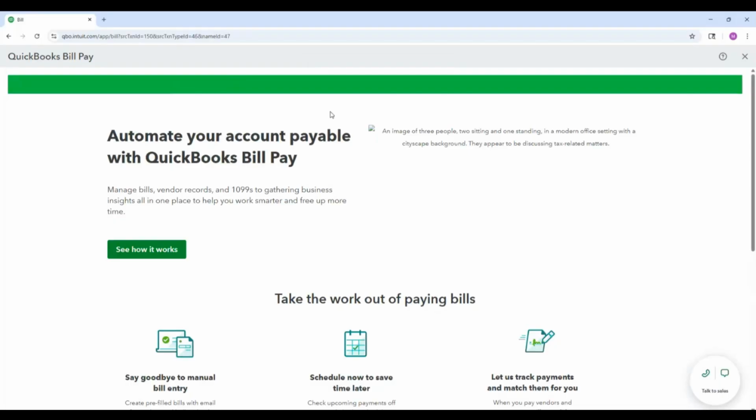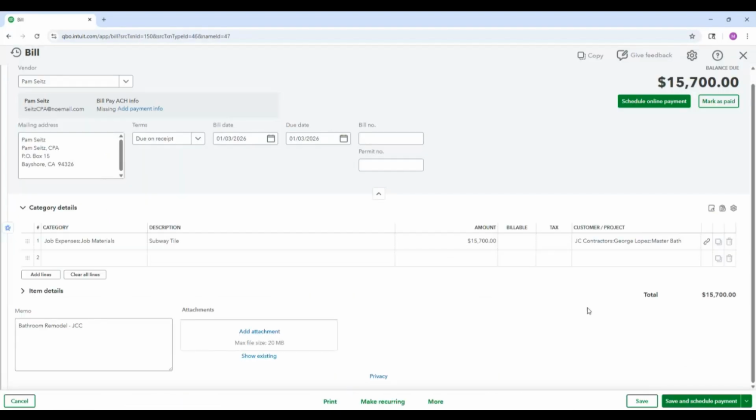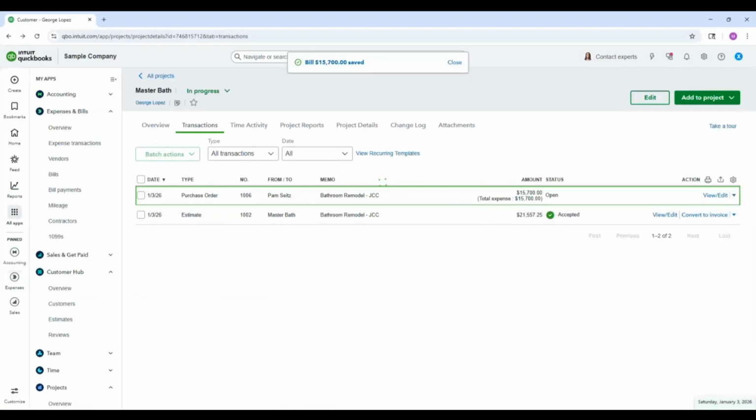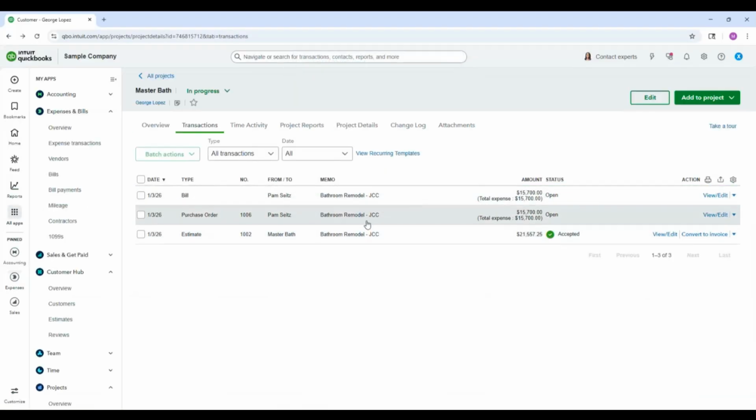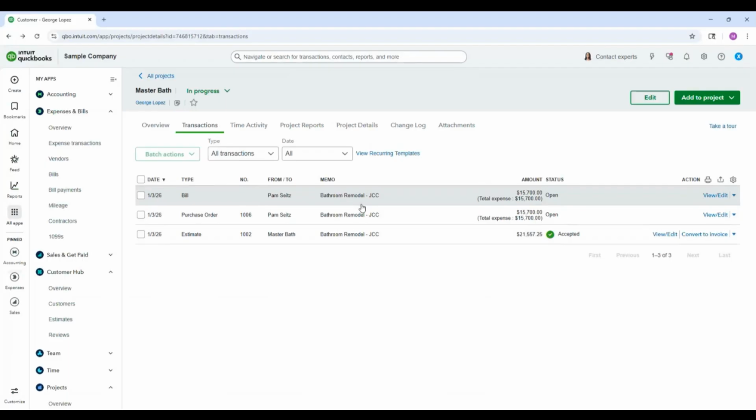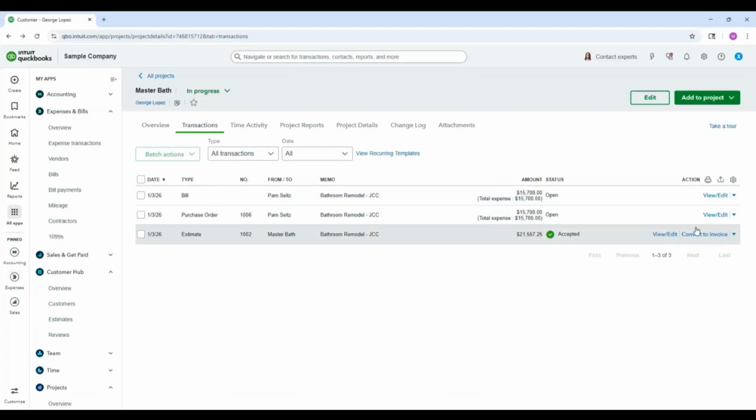Okay. So if we have QuickBooks Bill Pay set up, you can just do it right through here. For now, I'm just going to save and close. Okay, so now you can see everything is stacking up underneath this project. So we've got our estimate, we have our PO, we have our bill. Now we need our invoice because we need to get paid for this work. So